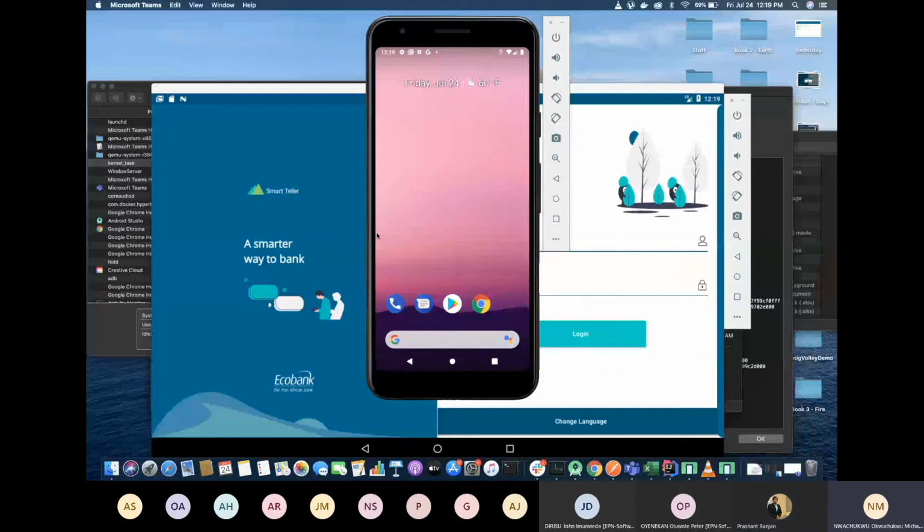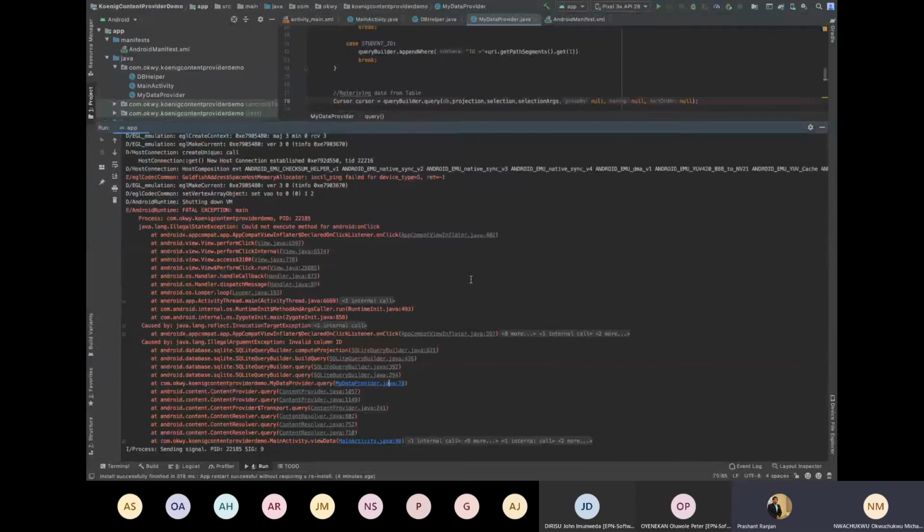Please let me know when you can see my screen. I can see. It's saying that I cannot execute. Please scroll a little bit down. Okay, this is the last. Let me check if I can do something. It's saying that the on-click listener is not going to be executed. String query builder, content provider, no such stuff.